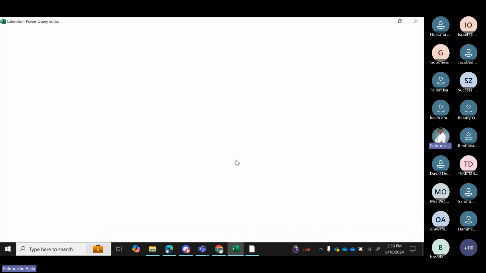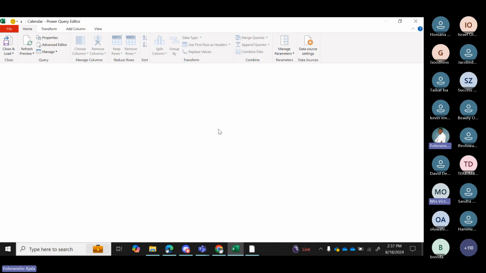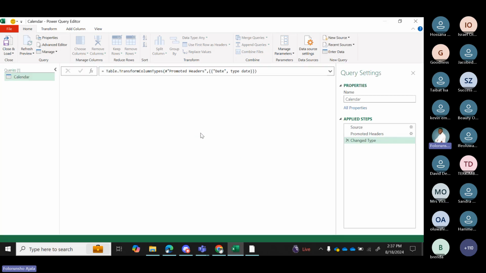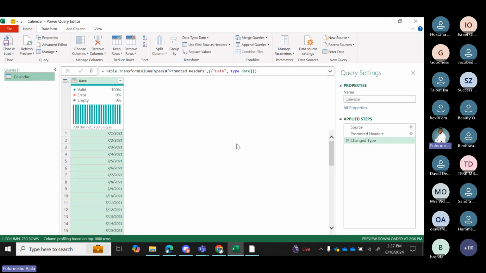When I click on Transform Data, it takes me to the Power Query engine, which is the back end. You cannot see this Power Query because it's more like the back end. That is where some transformation is being carried out. Later on, when you are done cleaning the data, you are going to load it into the Excel workbook. So that is what I'm explaining. Now, when you are in your Power Query already,